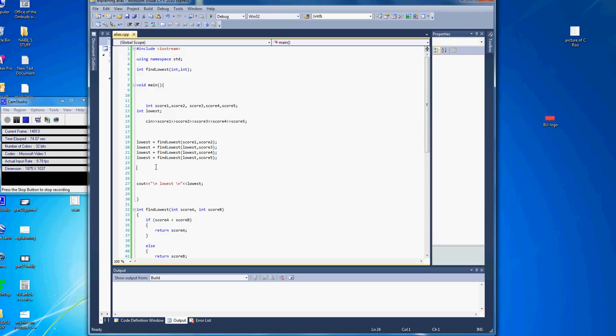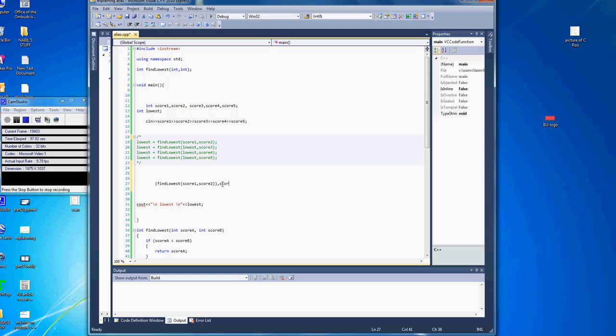Another way I could do this, I mean, it's not going to make any difference. You see how you have find lowest between these two and it'll return either one or the other? Well, if we put that in parentheses, that is now one number. It's either score 1 or score 2. We can compare it against score 3. So now it's this value and this value that we're comparing. Put that in parentheses